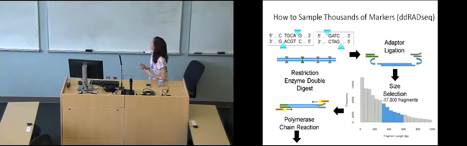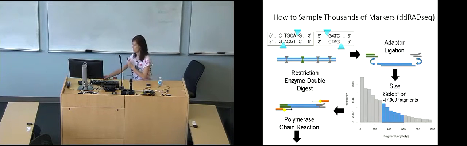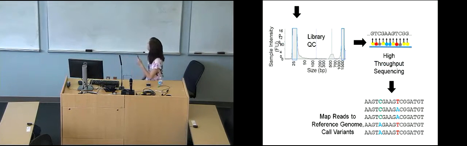So to go through this in greater detail, we digest the DNA with the restriction enzyme. We add a barcode so we can identify the DNA later. We select for certain fragment sizes, the 300 to 600 base pair range. We do PCR to amplify the DNA so we have enough. And then we quality check the library, run it through high throughput sequencing, and then map the reads to the reference genome,